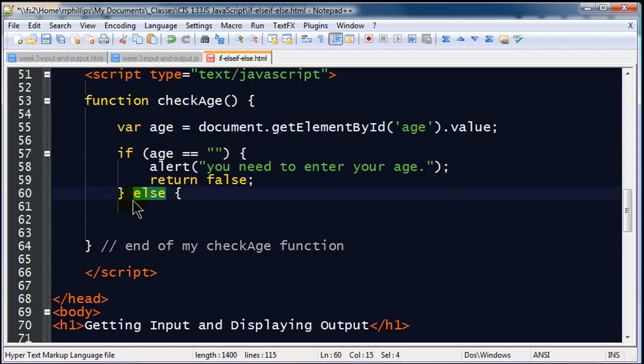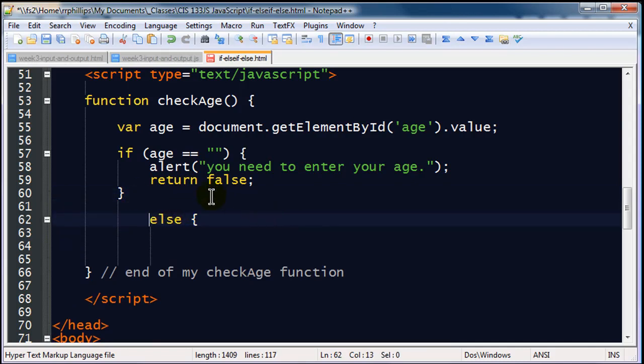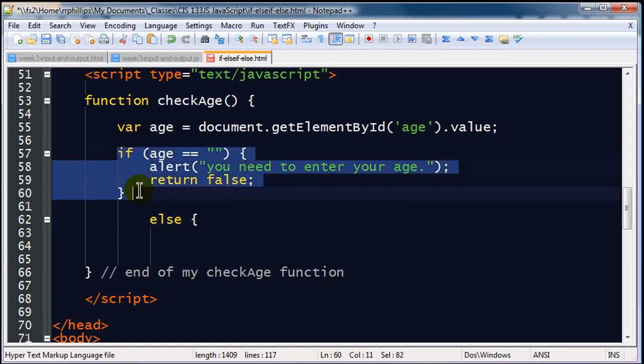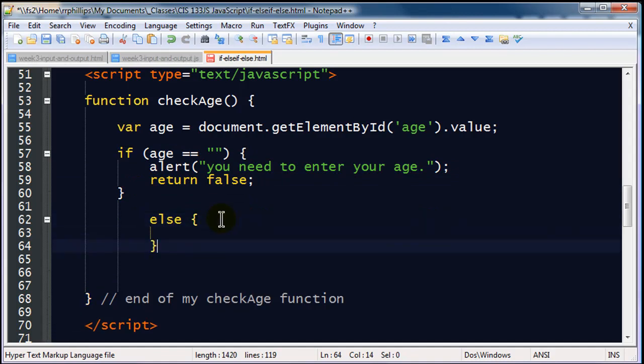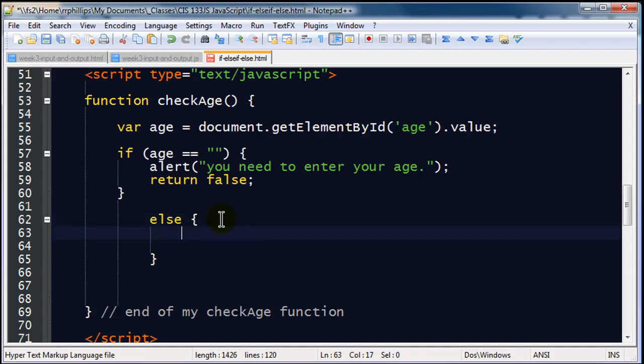And I put this on the same line as my closing curly braces of the if statement, but I'm going to do it this way instead, just to make it a little bit easier to look at. I'll press my enter key and tab in, just so we can see that these go hand in hand. So I have a complete if statement. Now I'm going to have an else statement. And I've got an opening set of curly braces, and I'll go ahead and do a closing set of curly braces. Else, what I want to do this time is